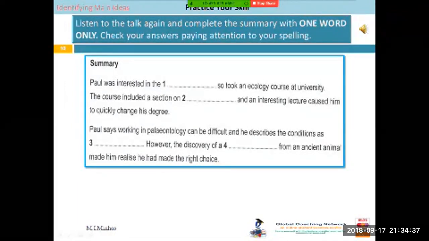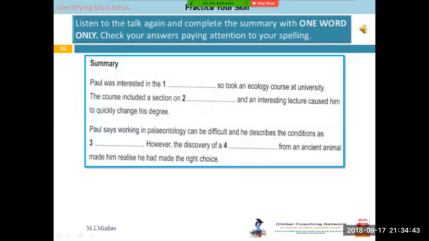Recording 27. Good morning, everyone. My name is John, and I'm a paleontologist. Now, when most people hear that, they immediately get an image of an old professor studying dried-up dinosaur bones, or else they think of a great adventurer from the movies. Well, I'm neither. But I would like to talk to you today about how I came to be a paleontologist and the reason I believe it is an important job. All my life, my main interest has been the environment. So I actually started out as an ecology student. As part of my degree course, I had to do a unit on extinction, and a lecturer visiting from another university gave us a talk on Australia's extinct animals.